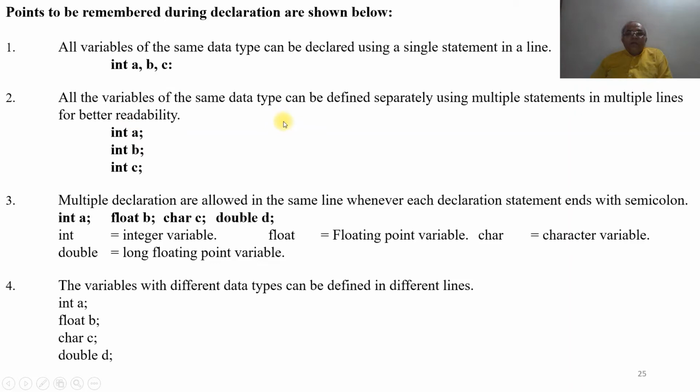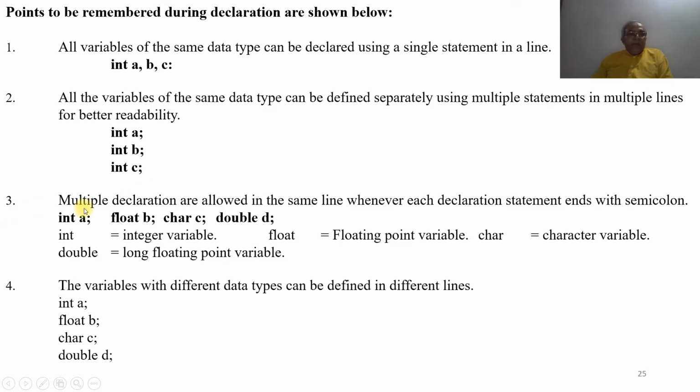If you want more clarity, you can use the same data type in multiple statements on multiple lines, which gives better readability. That means int a semicolon in one line, int b semicolon in another line, int c semicolon in another line.